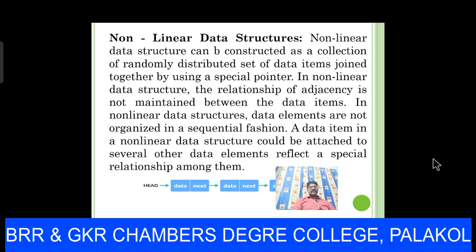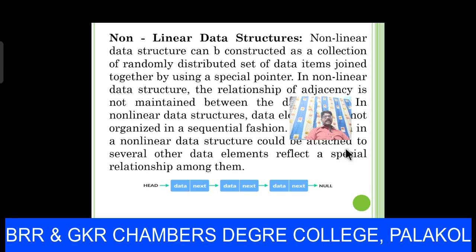In the previous section, the data is stored in a linear manner. Here the data is not stored in a linear manner. If the data structure organizes the data in a random order, not in sequential order, we call it a non-linear data structure. Non-linear data structures are trees, graphs and sets.